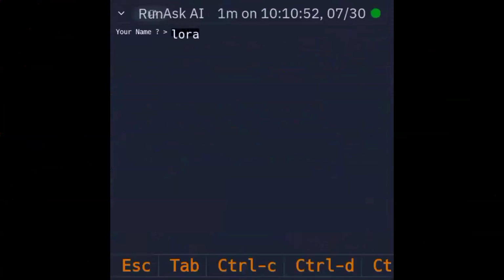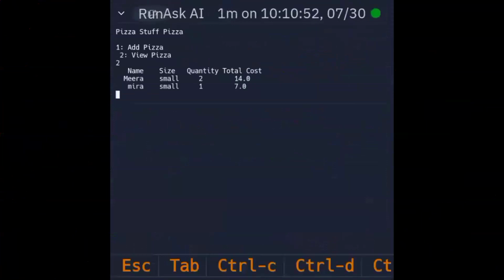Okay, so patiently let's do the second one again. So one more entry here for some fictitious name, Laura, small, quantity 3. Okay, so what's happening? View. I press the 2 choice. See how it's formatted very nicely. The rows can easily see under size, under quantity, under cost, total cost, under the names, all properly formatted